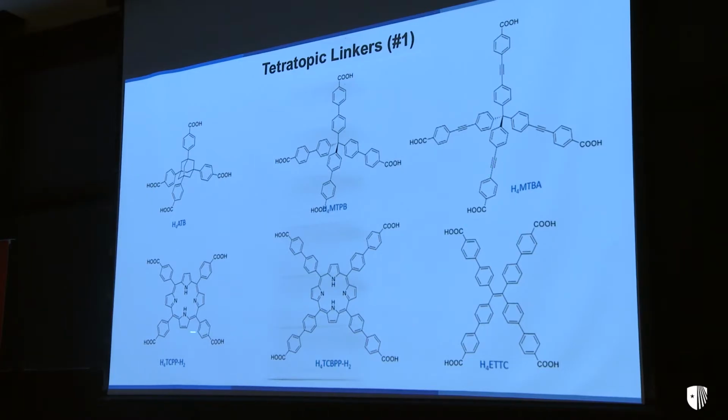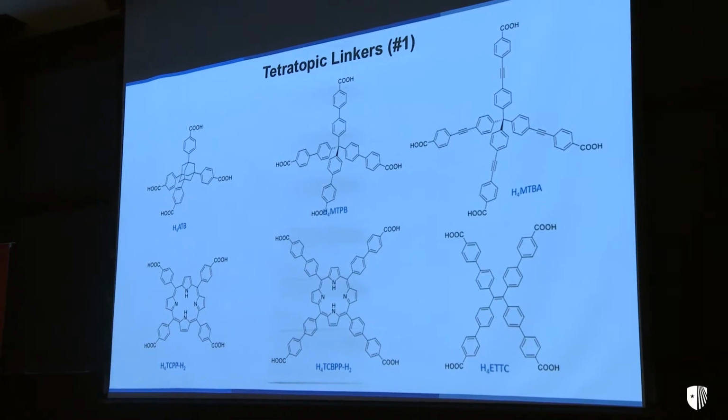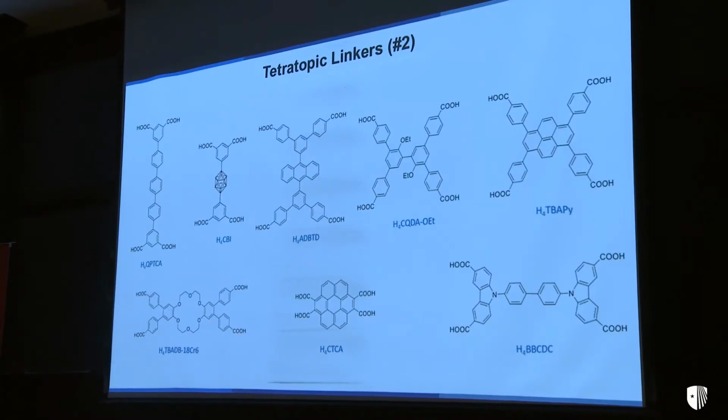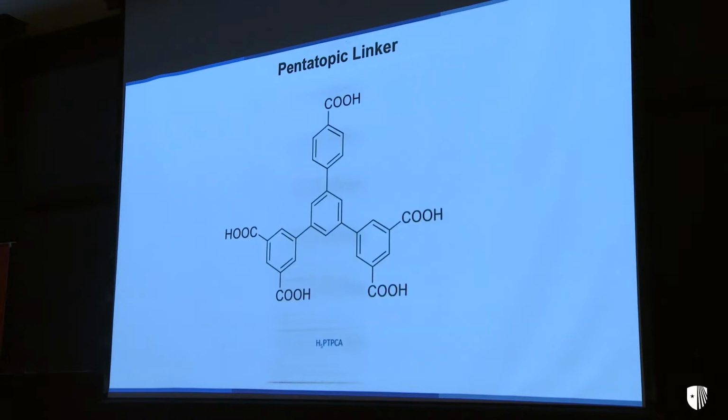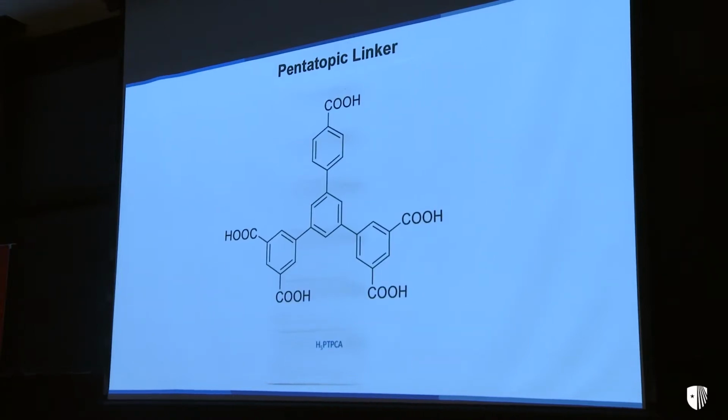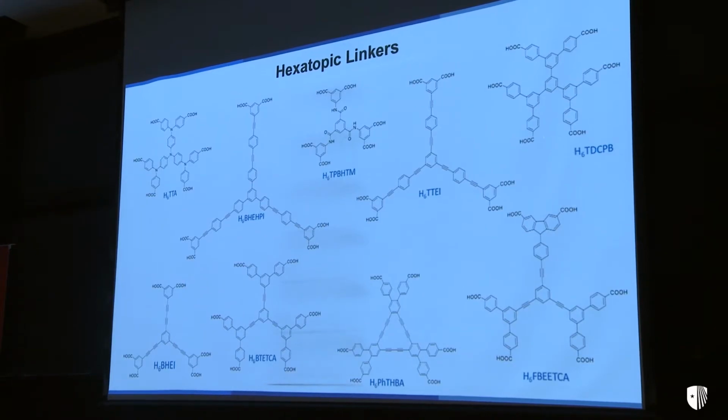All of these have been made into MOFs, porphyrins and expanded porphyrins as well. More tetratopic linkers, even ones with polyethers, cyclic ethers, and boranes, even chiral linkers, tetratopic linkers, pentatopic linkers, hexatopic